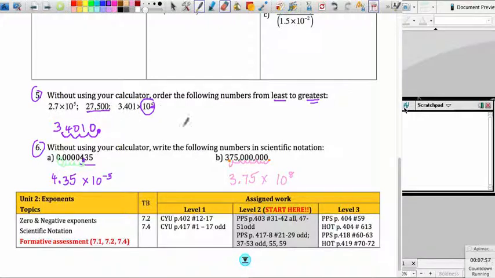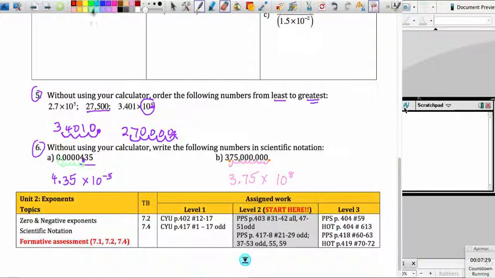Similarly, I'm going to take the number 2.7 times 10 to the power of 5, so I have 27, and I'm going to move the decimal point from between the 2 and the 7, 1, 2, 3, 4, 5 places, and I'm going to fill in zeros in the space in between, and hopefully you can see we have 270,000, 34,010,